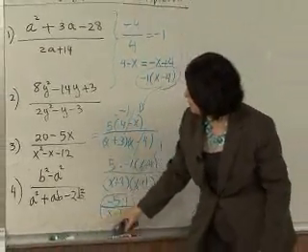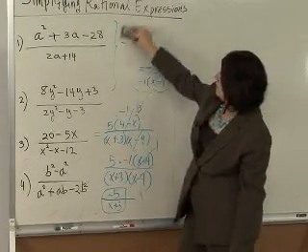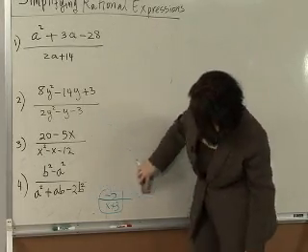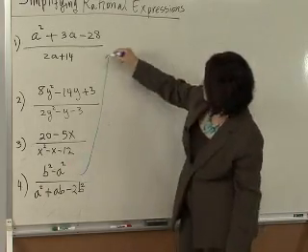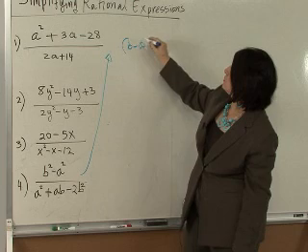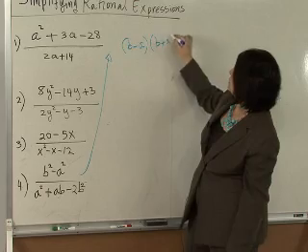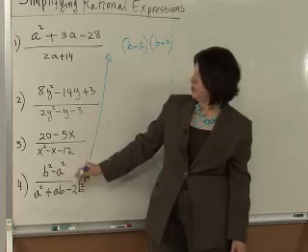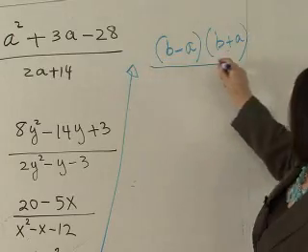And one more example, and I think that deals with opposites as well. So I'm going to erase this part. Okay, so b squared minus a squared. To reduce this, I need to factor b minus a times b plus a. Notice that this is a binomial, no common factor, and so it looks like a difference of two squares, and I can factor that to b minus a times b plus a over